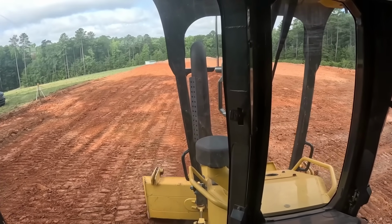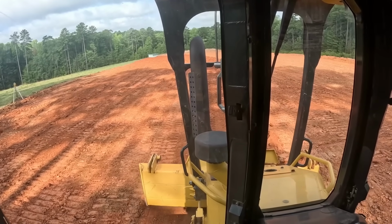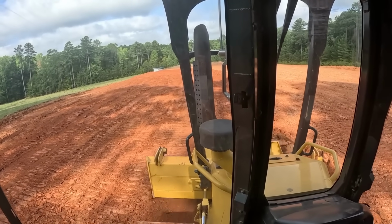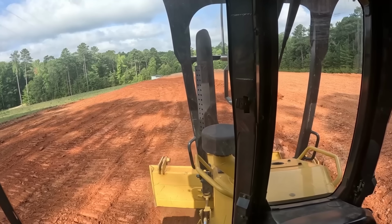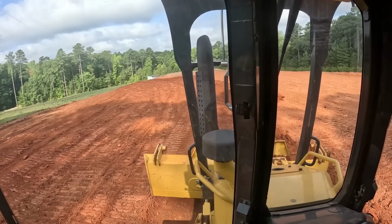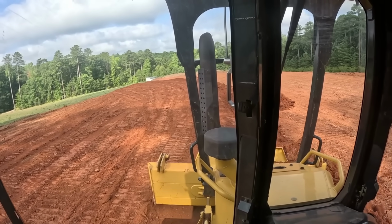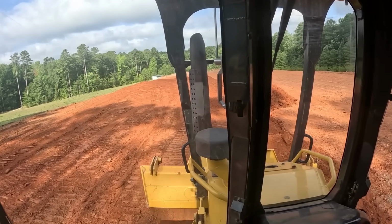So I'm working on cutting this section out right here. Probably going to get on the D7 here in a minute, hog some more of this dirt out. Be a little bit easier to move the dirt with the D7. But I'm also cutting this down to grade as I go, but it's starting to get more than I can make in one push here, so yeah, now it's becoming aggravating when your blade digs into the bank and pulls you to the right,